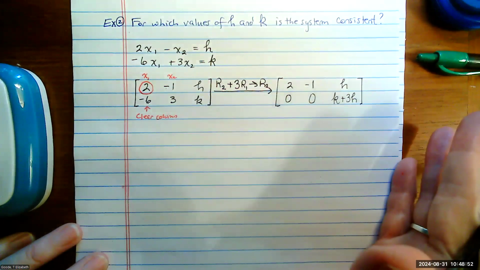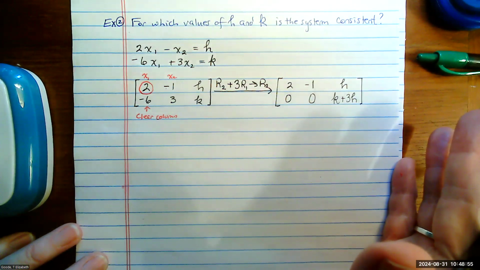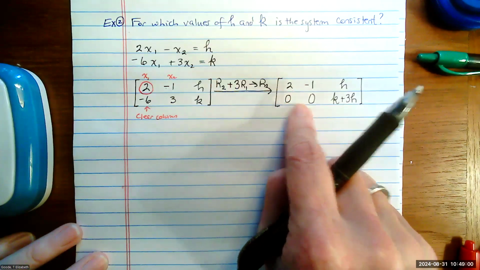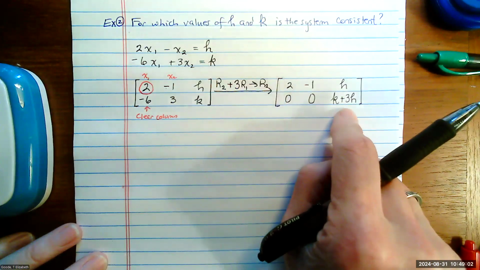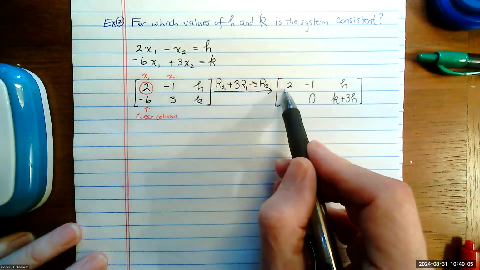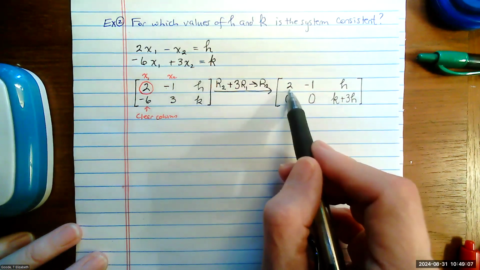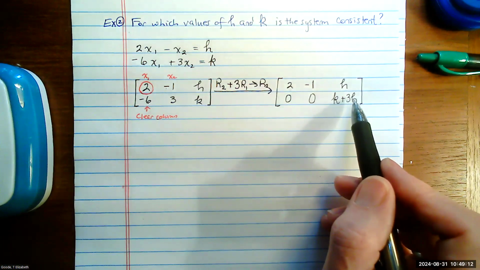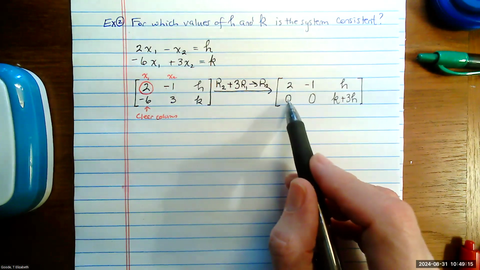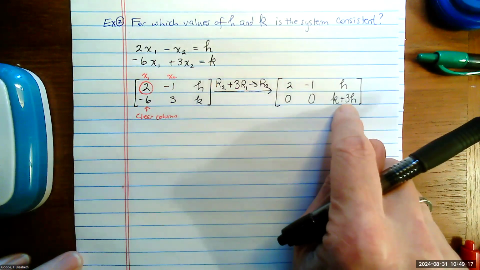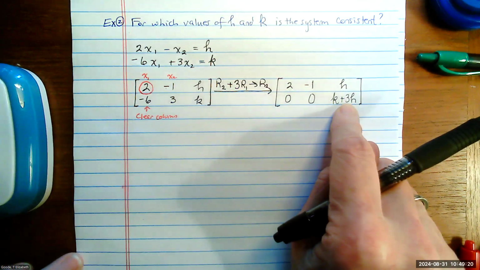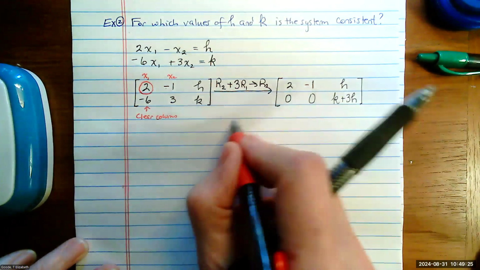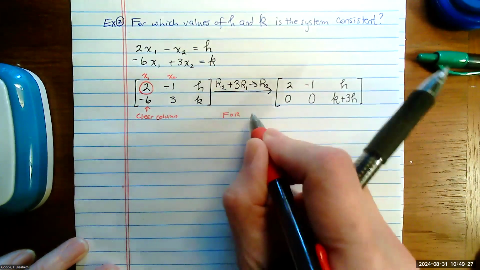We do not even need to address the fact that this is not in reduced row echelon form in order to answer the question. You see, we don't even need to bother to have a leading one here. We know this is the pivot position. What we do see is that we have a row that could potentially be a row with 0, 0, and then something not equal to 0, which would be inconsistent. So we realize that in order for the system to be consistent,